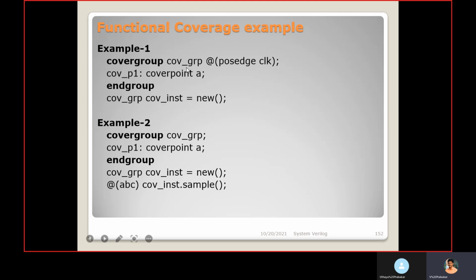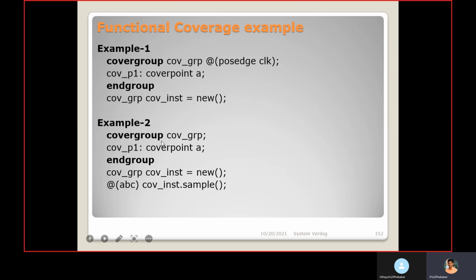So in this example, each time a passage of clock happens, it will sample the data, I mean, it will sample the signals. Coverpoint A is the signal we defined already. So the A value will be captured, and based on the size and the range of the value, it will check, and it will cover.